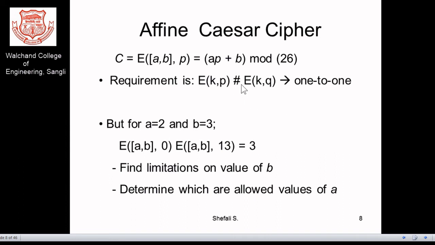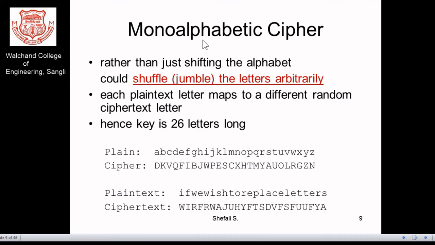Obviously, what is the encryption you are using? Earlier also we gave the idea that it should be a one-to-one function. That means if 3 is the result, from 3 you need to retrieve back the plain text, and it should be a single one. Either it should be a 0 or 13, but in this situation it's both. It's a 0 as well as 13, maybe 26 also, maybe further also there are certain collisions. So here what we understood is that we need to avoid collisions, and we need to go for the formation of such mathematical functions. Now the next category is monoalphabetic cipher.